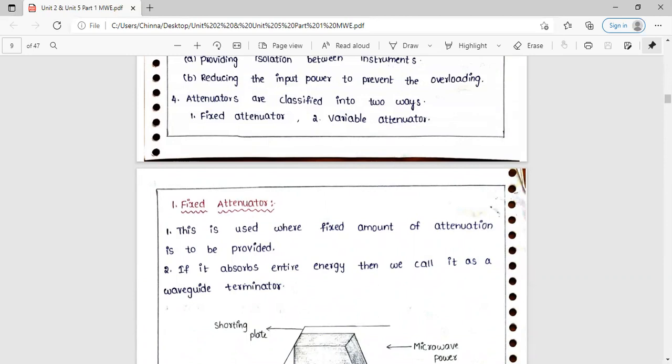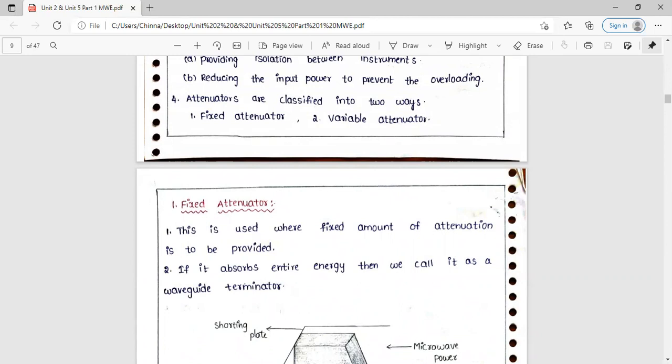The manufacturer designs it according to the fixed attenuation, and the attenuation value does not change. Suppose you want 12 dB or 13 dB, it is not possible to obtain that particular attenuation. So the attenuator used for a fixed amount of attenuation will always be fixed. It doesn't change the value set by the manufacturer.